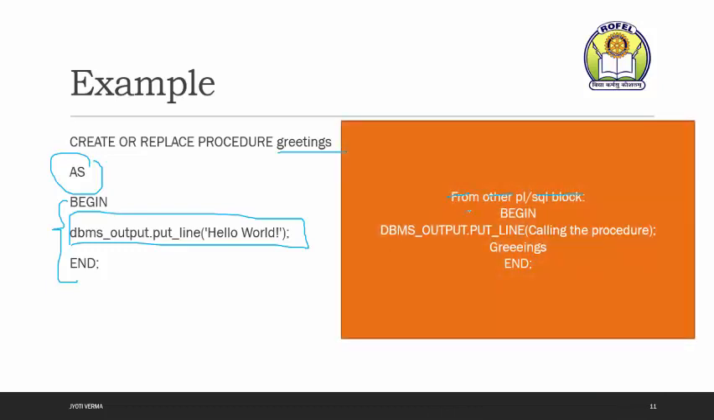From another PLSQL block. That means now what you have to do? You have to create another PLSQL block and within that PLSQL block just call the procedure greetings and nothing more than that. तो दो तरीके से आप PLSQL जितने भी आपने named PLSQL procedures बनाए हैं, either you can call it from SQL prompt or you can call it from another PLSQL block. Rest of the things we'll see in next